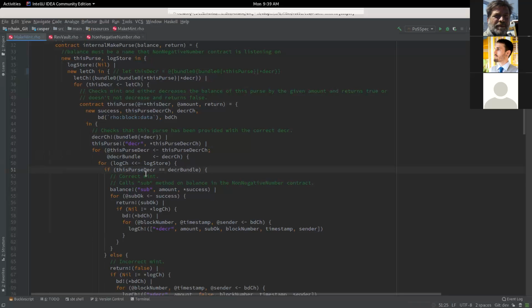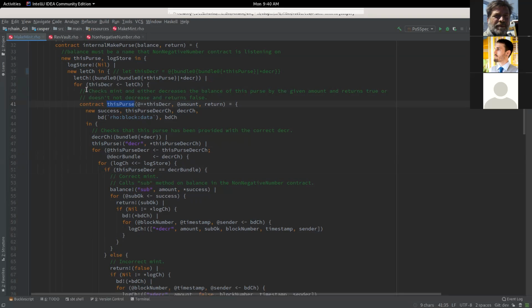If we have the right token, then great. We can go ahead and check this purse and see if it has enough tokens so that I can actually do this subtraction, because I want to transfer some amount of tokens, and this is the amount of tokens that I'd like to transfer out of, I think it's out of this purse. It's a little bit confusing as to which one it's coming from and which one it's going to. Again, I tried to make notes on that stuff, and I probably did, and I'm not even reading them.